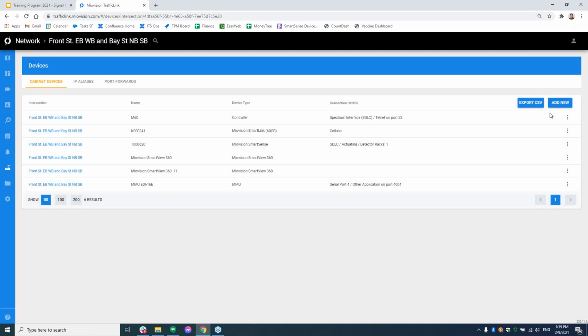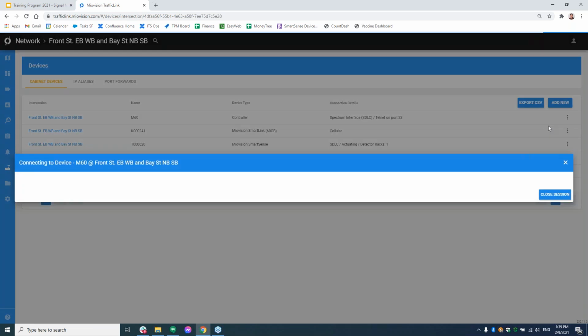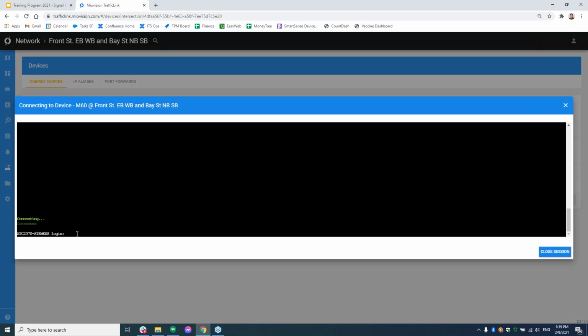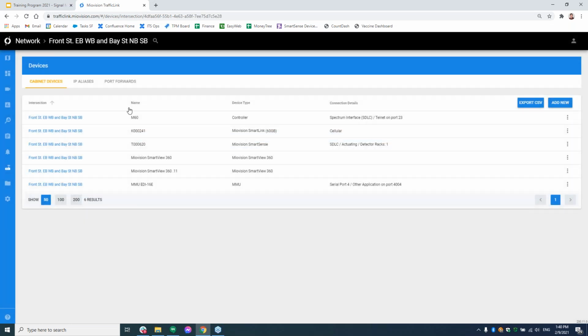What if I just close this out and then I connect to it? So the other option there was connect. It does just pull up my controller screen. And because this is an M60, it's Linux based, so you have to actually log into the controller. So having another layer of security here as well to make sure that the controller is managed as well as the platform access. That's a handy tool to have, to make sure everything's logged in. So make sure that if that's a feature that you want to take advantage of and you want to access your controller remote panels to essentially view or make changes, you're certainly allowed to do that. Let me know if you need help setting those things up.